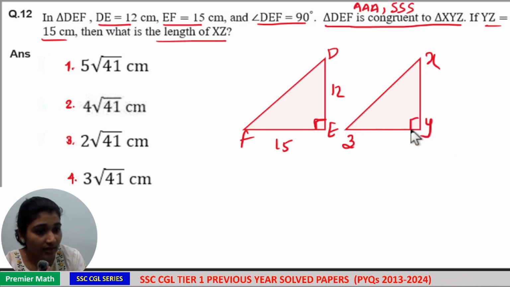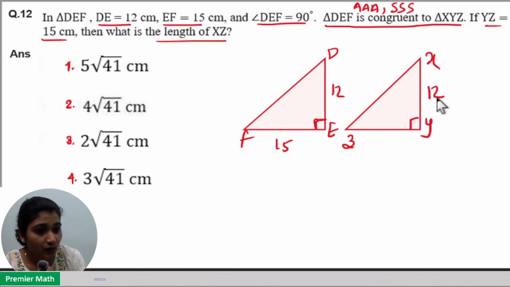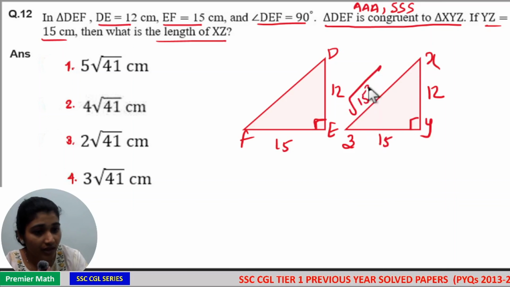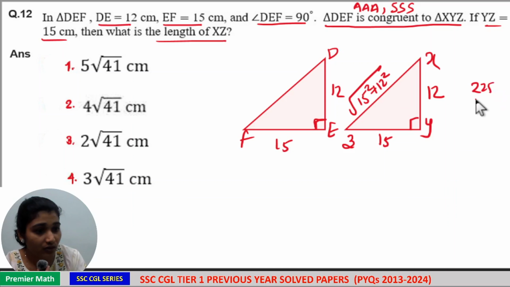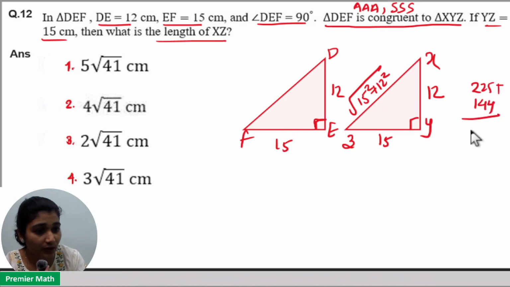Now this is also 90 degree and XY is 12 and EF is equal to YZ, which is 15, which means here XZ is equal to root of 15 square plus 12 square. 15 square is 225 and 12 square is 144. Sum is equal to 369. So XZ square is equal to